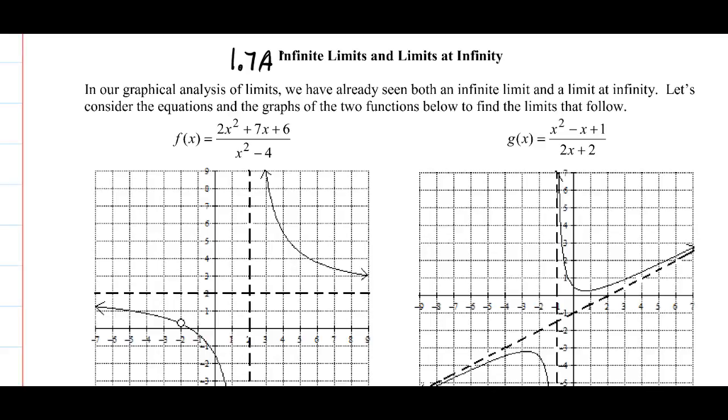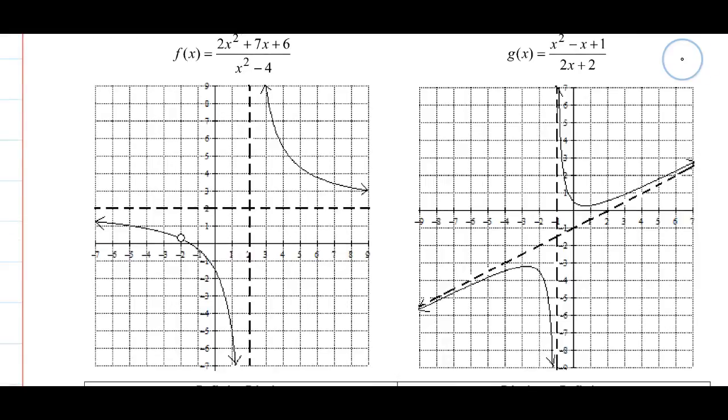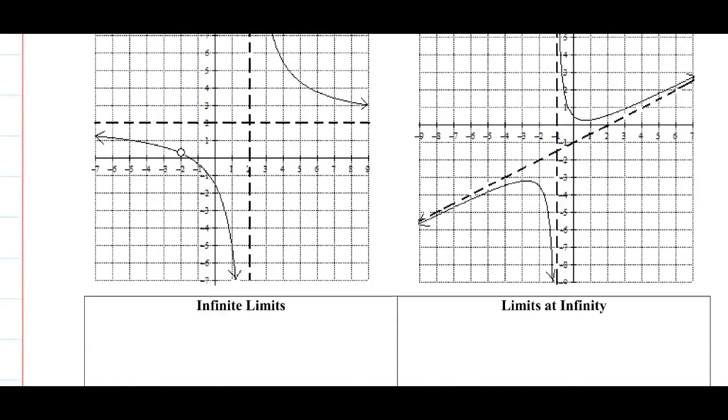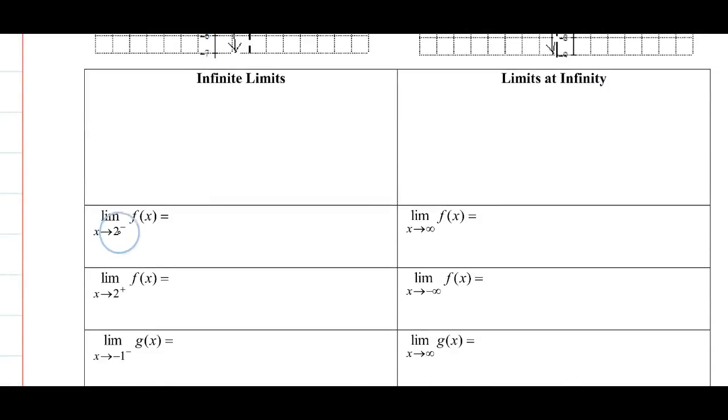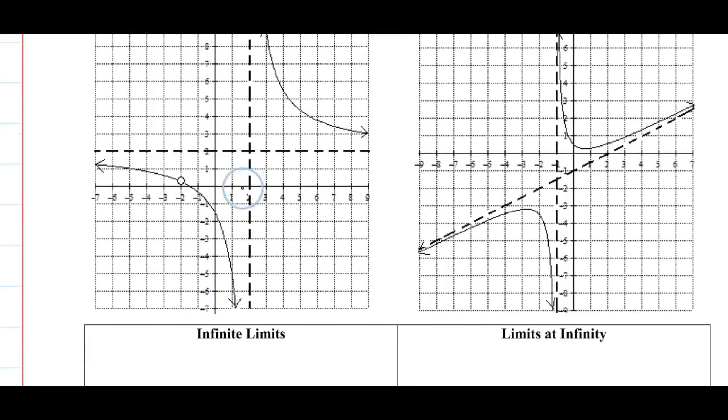This lesson, 1.7, we're actually looking at two very closely related concepts. The first is infinite limits, or limits where, when I find the limit of a function, I get infinity or negative infinity as a result. We can see an example of these in this function on the left graphically. If I were to take the limit as x approaches 2 from the left, I approach negative infinity. This is an infinite limit